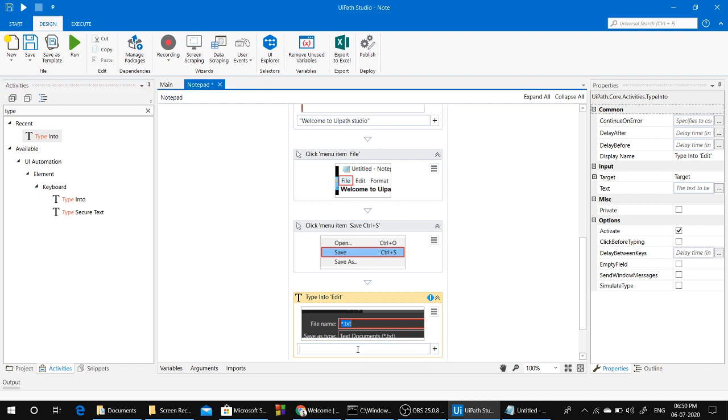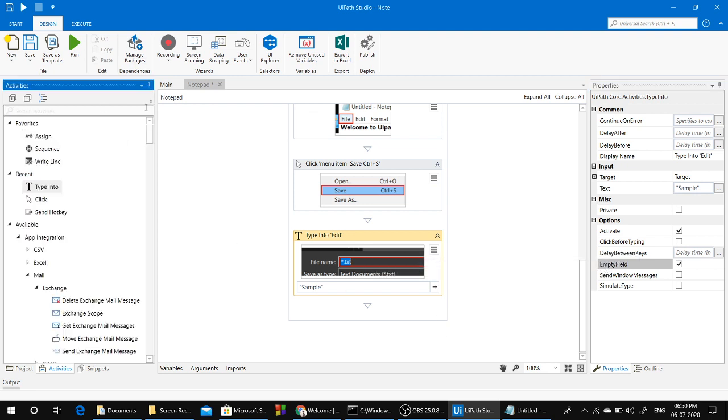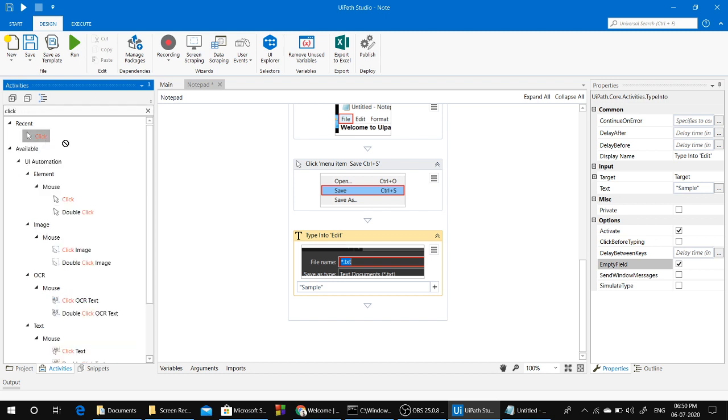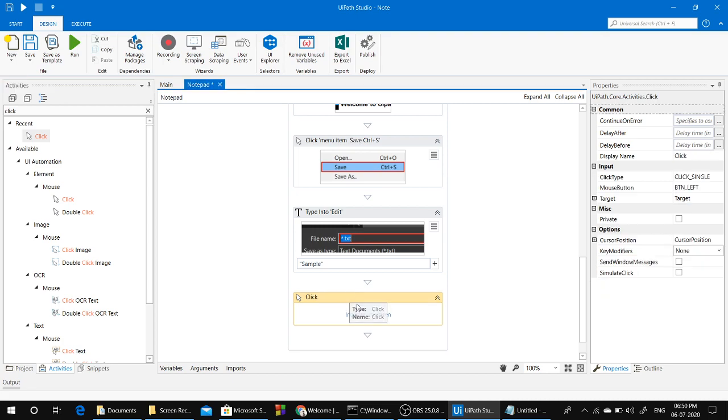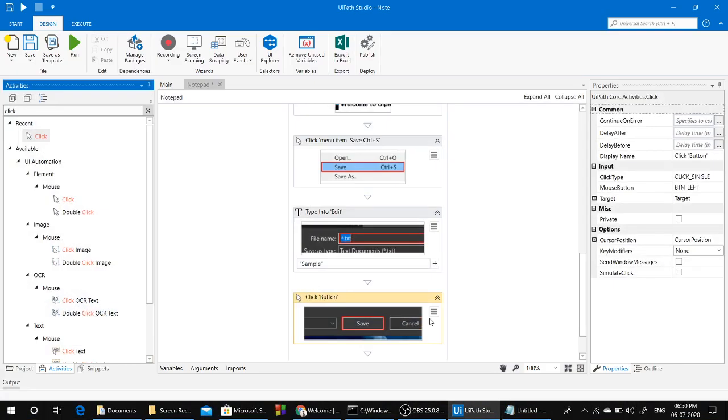We have to assign a name called sample, and make sure that it must be an empty field. Next we have to click on the save button. For that there is a command click, drag here and drop. Indicate on the screen, indicate on the save button.